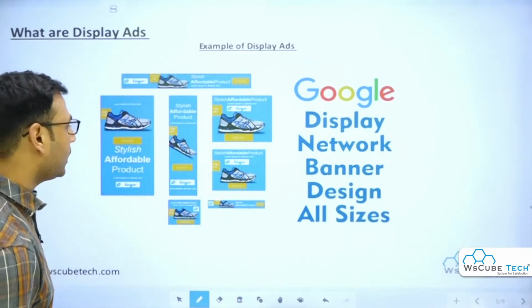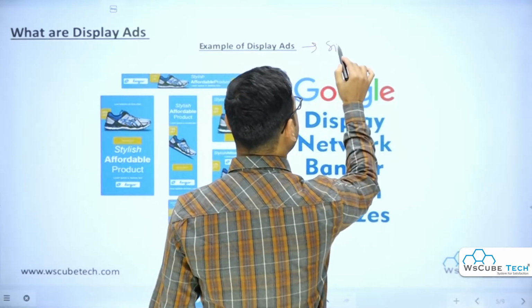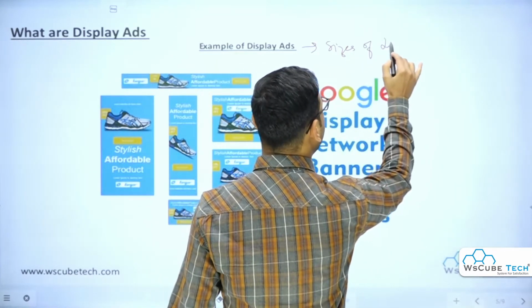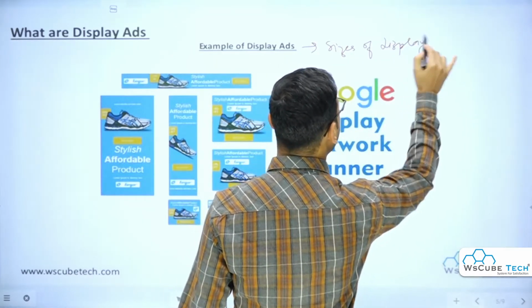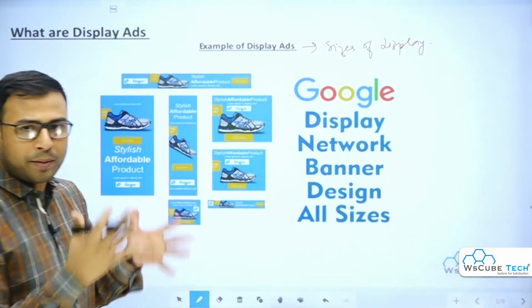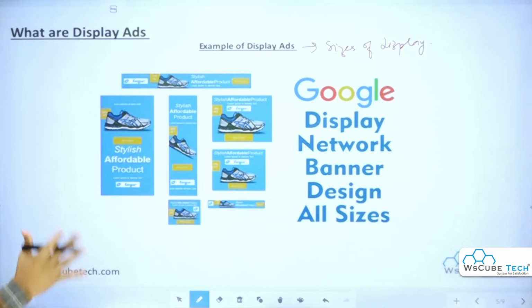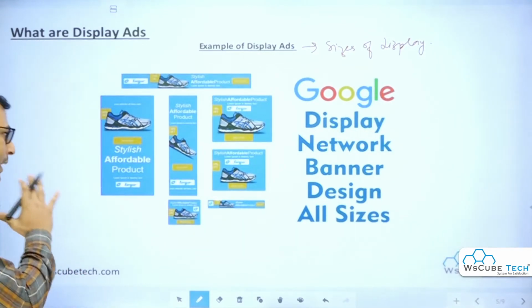Now, if we talk about sizes, you can simply Google what the different sizes of display ads are. Whenever you are looking to run a display campaign, you have to make sure you create your banners in predefined sizes only. You are not allowed to select just any size.